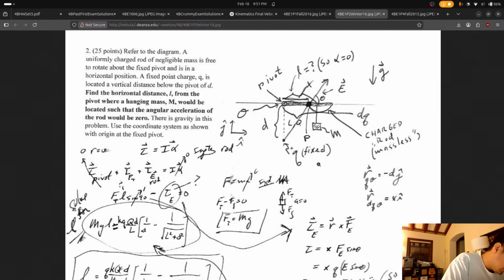Okay, so it's going to be lambda K Q D K hat times 1 over D minus 1 over square root of D squared plus L squared. Okay, so then this, so, tau 0 plus, this is going to be,